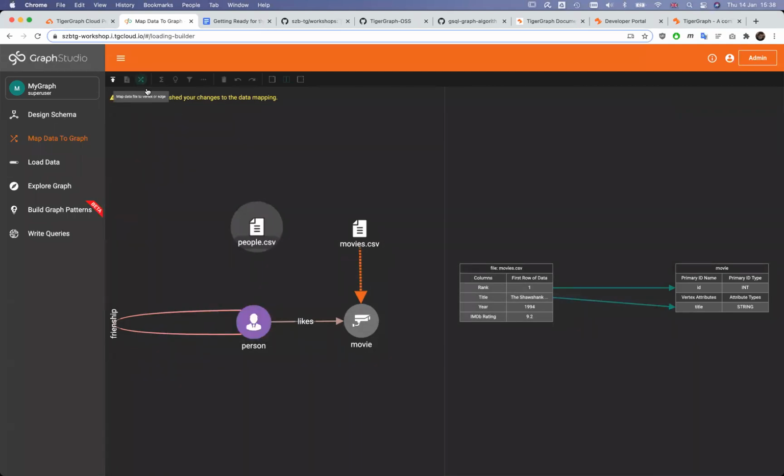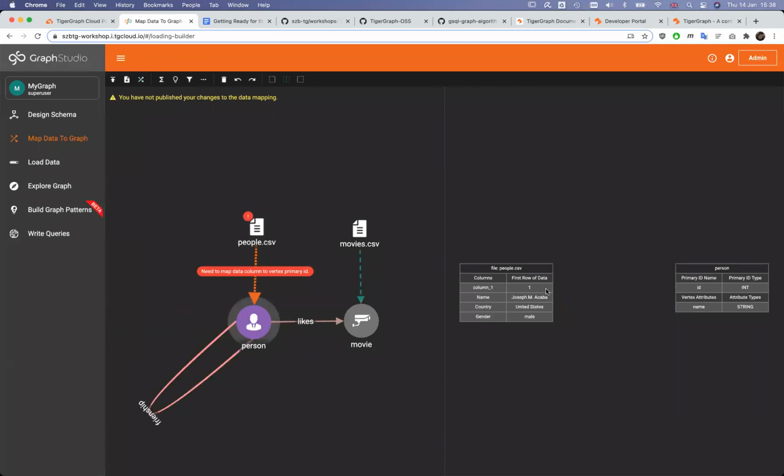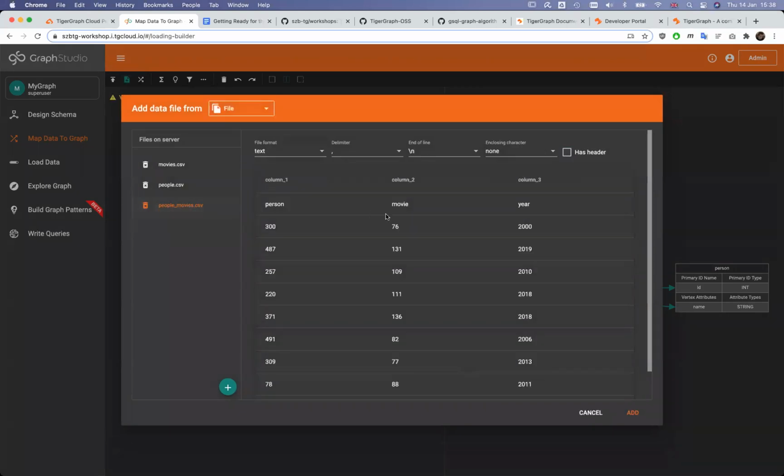Again, let's do the mapping. Peoples.csv to person. I pick this ID column in the first column as an ID column, and I pick the name for the name, obviously. And finally, peoples to movies. All the settings are correct.